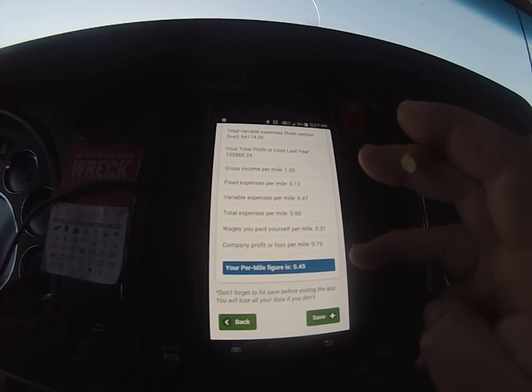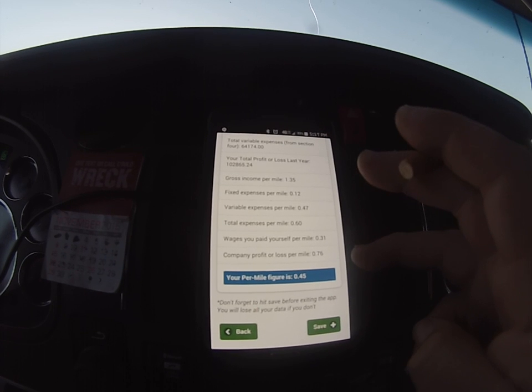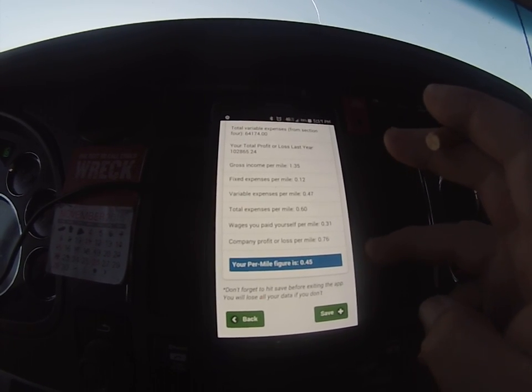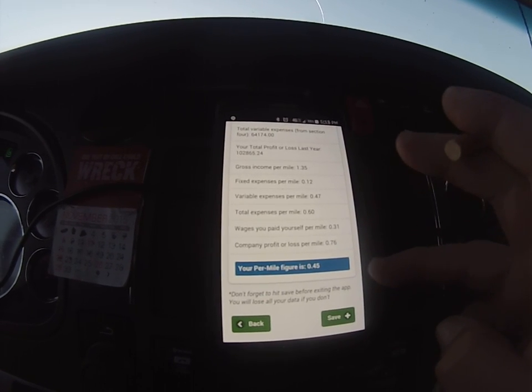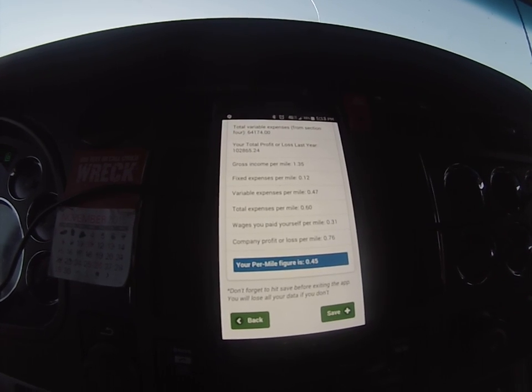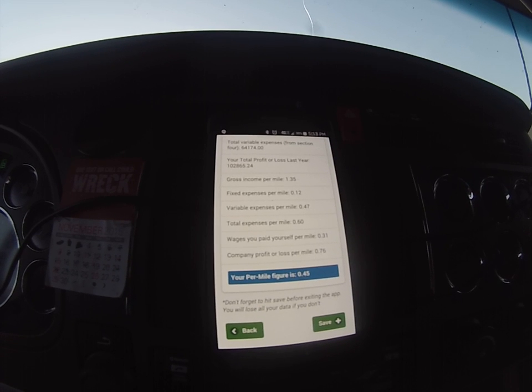My company profit is 76. So that's pretty much telling you that it's costing me 76 cents a mile to run. Okay? With that being said, my company is going to profit 45 cents a mile. Okay? So, obviously, if I don't pay myself that, if I just keep everything, I'd be making 70,